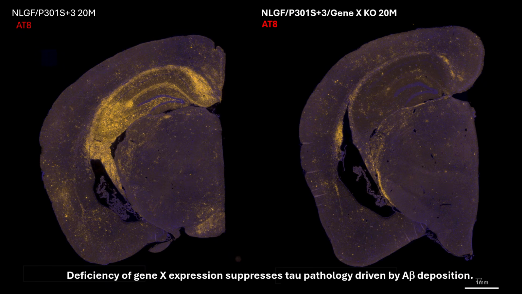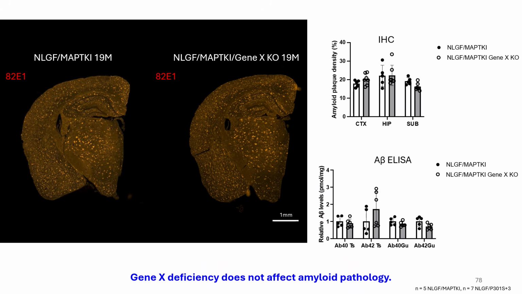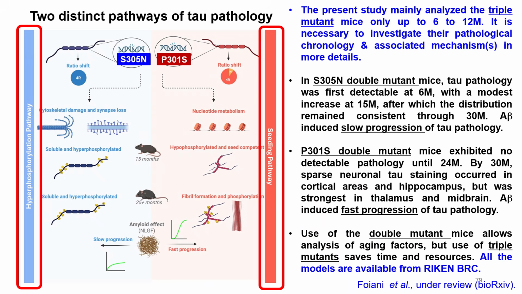However, I cannot tell you its identity now, not because I want to keep it secret, but because the sample size is only 1, and there is no statistical significance for this observation. Please give us another 6 months to produce more reliable data. In contrast, the gene X deficiency exerts no effect on A-beta pathology in this mouse line. Taken together, these findings indicate the presence of 2 distinct pathways that lead to tau pathology. One is the phosphorylation pathway, represented by the S305N mutation carrier, and the other is the seeding pathway represented by the